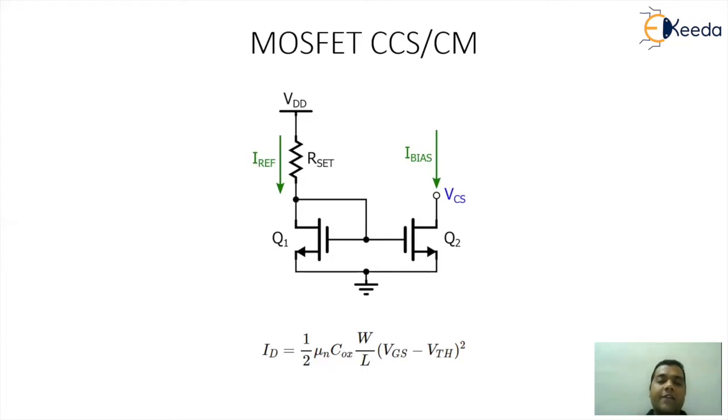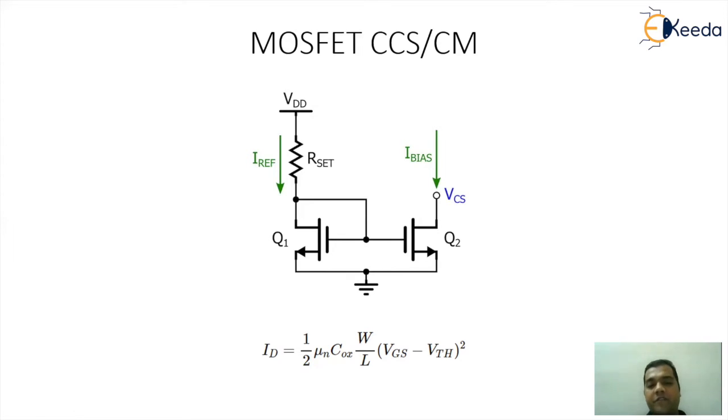Now the circuitry that we tried to develop for constant current source or current mirror was seen earlier in the form of BJT. Now a similar arrangement exists in the form of a MOSFET. So I can see a VDD battery, a reference current defined as IREF, a resistance R, and the two MOSFETs Q1 and Q2, and the current, which is IO, can be seen as I bias.